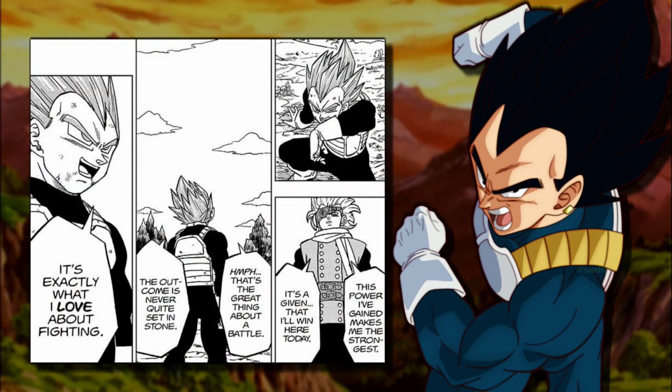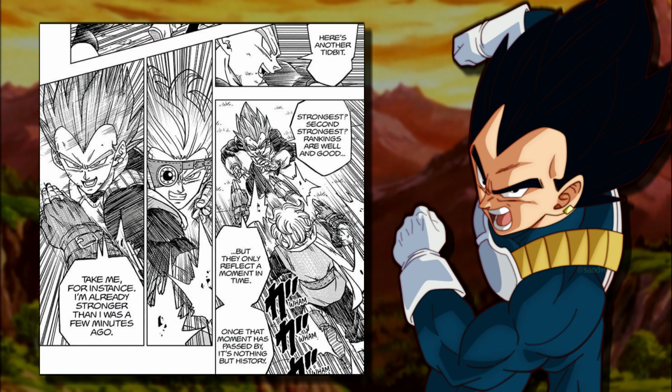Granolah explains that he didn't need any training and that the power he's gained is how he's going to win this match, but Vegeta retorts by saying that the outcome of a battle is never set in stone. There could always be surprises and twists that could change the tide of a fight, and that's why he loves fighting so much. Granolah lunges forward and continues attacking Vegeta, who continues taunting Granolah by telling him that it doesn't